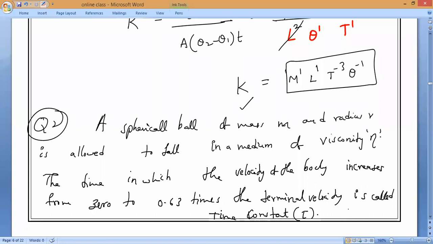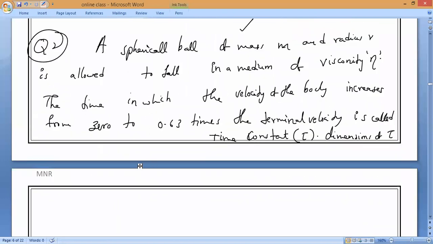Now the dimensions of tau can be represented by